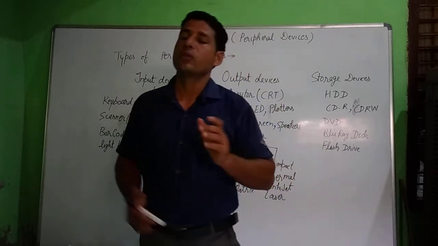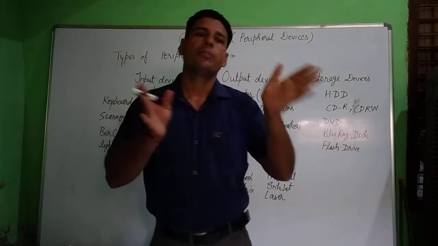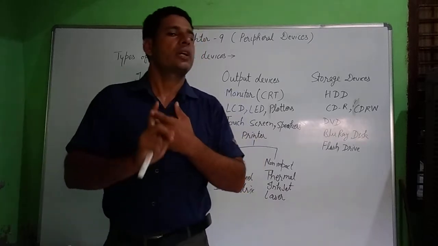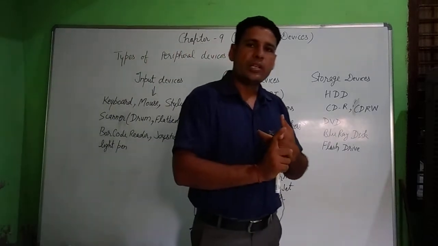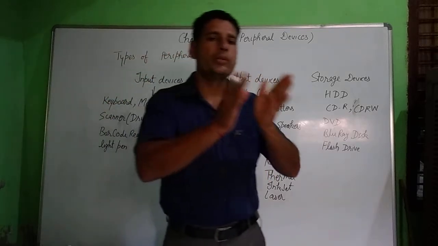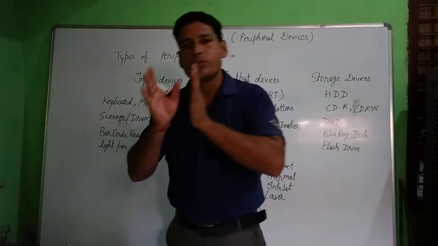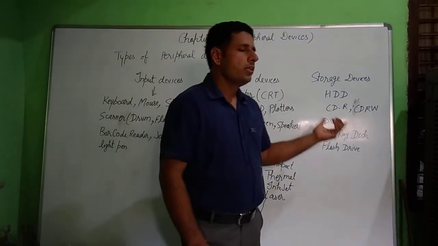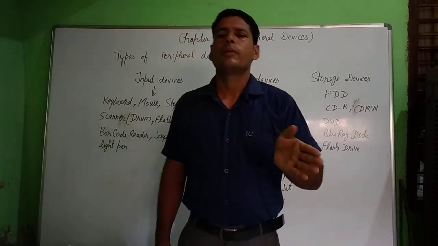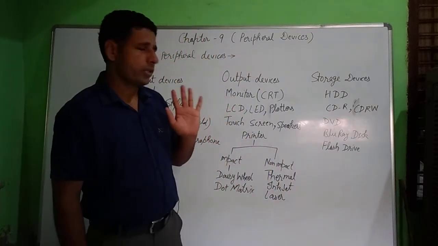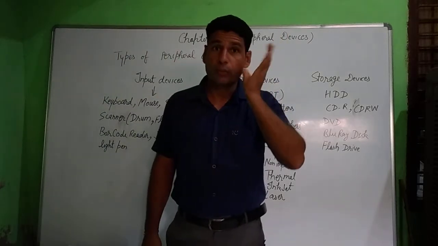With CD-R, what can you do? You can copy the data from the CD to your computer only. But the CD-RW is read and write, in those CDs you can store the data from CD to computer and computer to CD. Clear? And basically in these types of CDs you can store near about 700 MB of data. So the storage capacity of the CD is not so much.